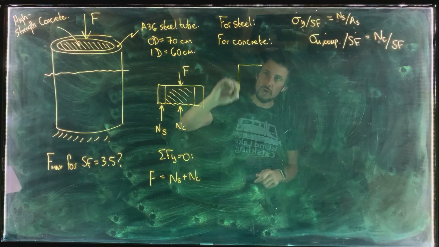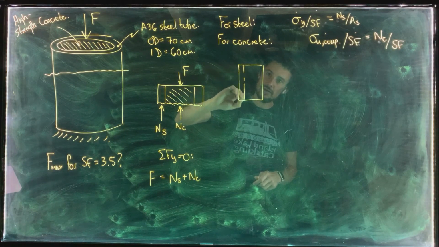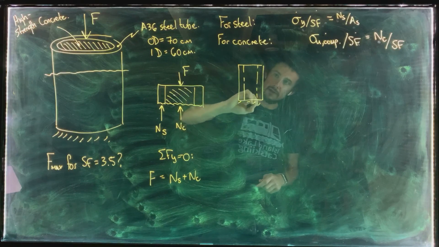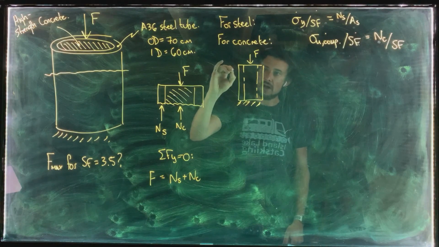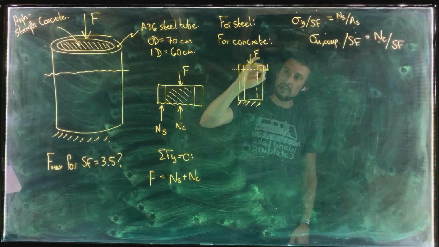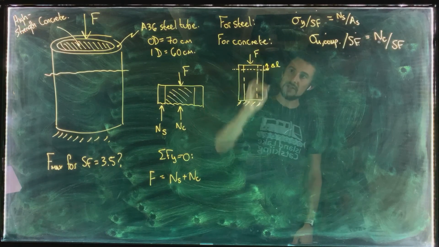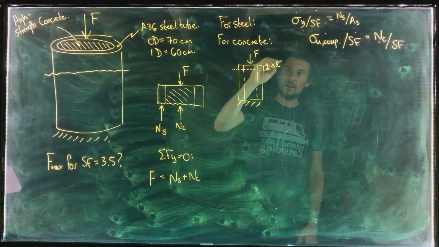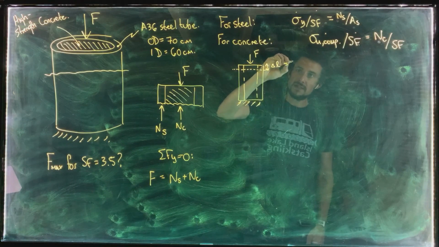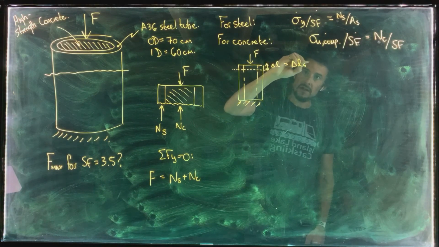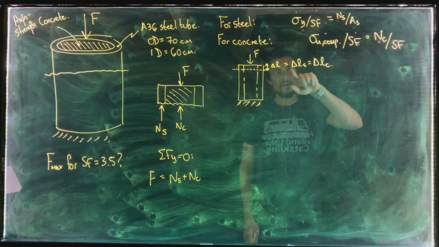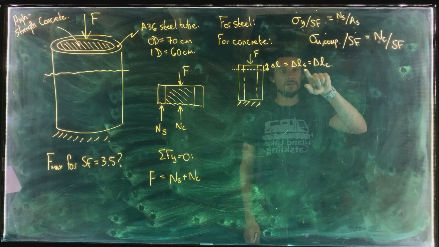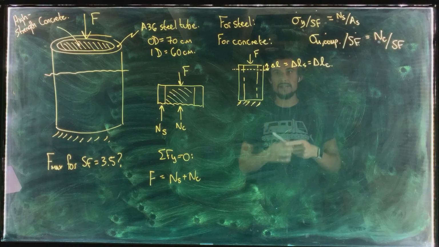So we know that when load F is applied, and I'll draw the same thing here. So this is the base there, and this is load F. We know when load F is applied, this whole thing will get shorter by some amount delta L, and that delta L is going to be the same for the steel as it is for the concrete. So delta L equals delta LS, the change in length of the steel. That also equals delta LC, the change in length